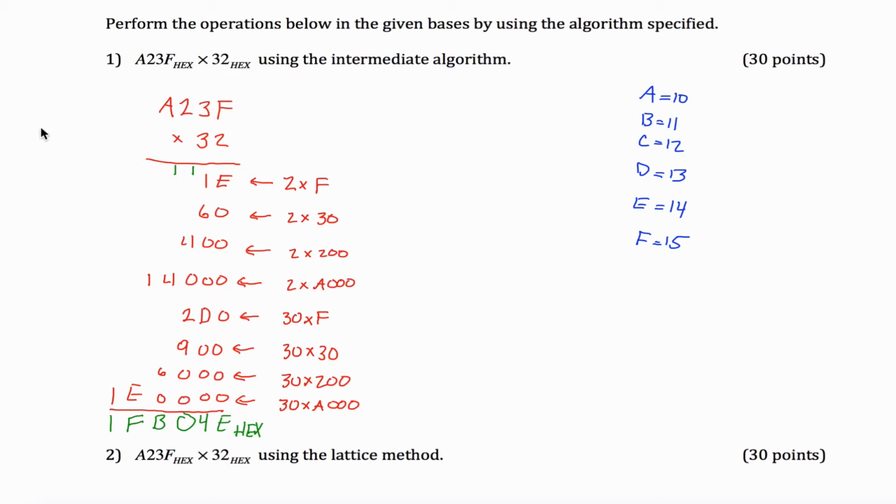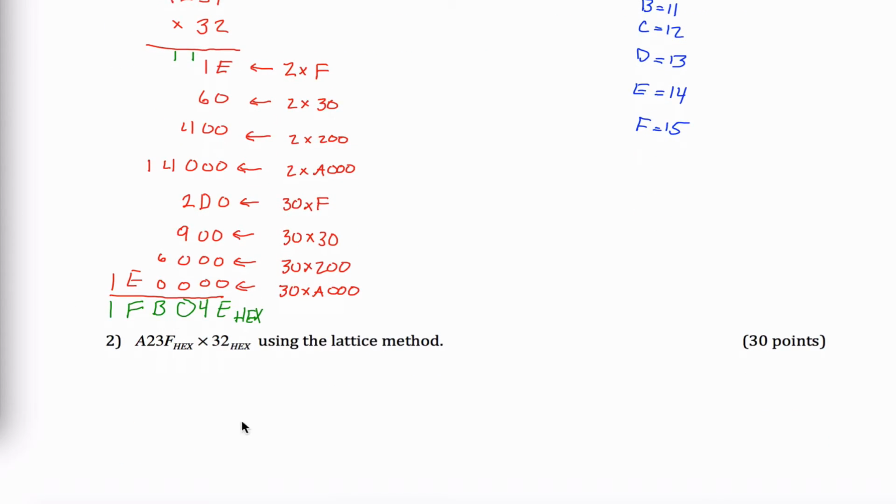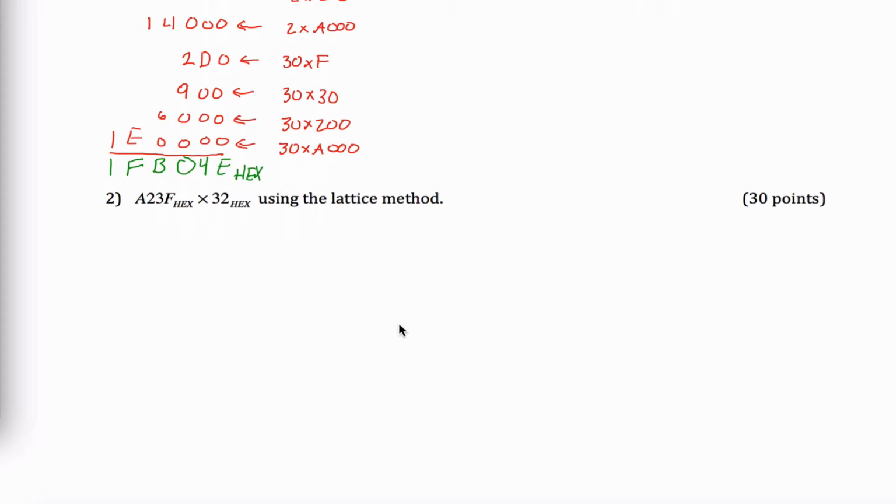And then nice, I guess, if there's anything nice about this problem, is that the next problem is the exact same number, so I can kind of check that. I do that multiplication again, but with the lattice method, all right? So with the lattice method, the setup is a lot of the problem. A2, 3, F, I'm going to write as column headings, and then 3, 2, I'm going to write as row headings. And then I'm going to set up this lattice,